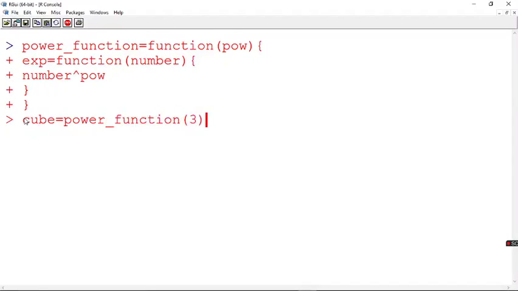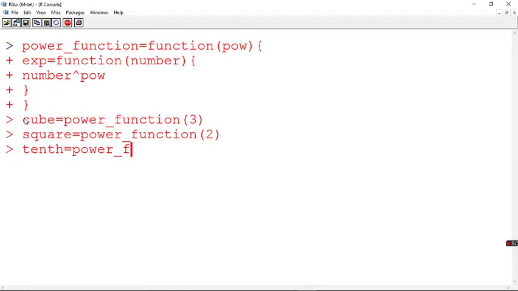And I say the power is 3. Okay. Yes. Similarly, now I am saying square function, which is underscore power underscore function, and I say square, and I say some 10th power or something, and I say the power underscore function is power 10. Yes, fine. So now let's see how it is executing.